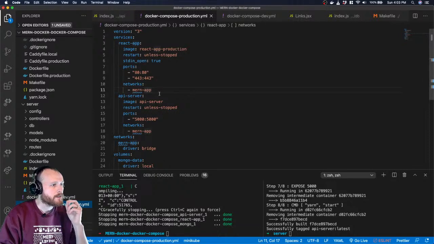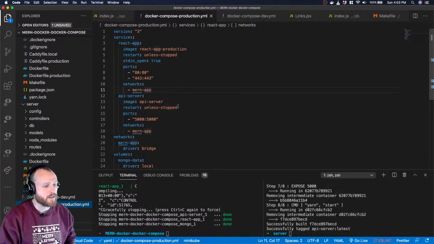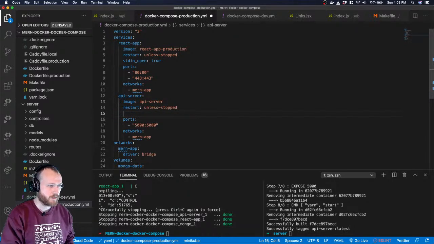I do need to pass in my environment files to my API server. And so that's going to contain the connection string to the Atlas DB instance. And so here, I'll do env file, and that will be /server/config/